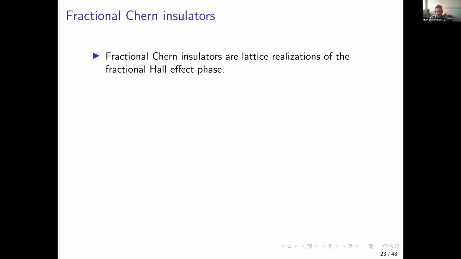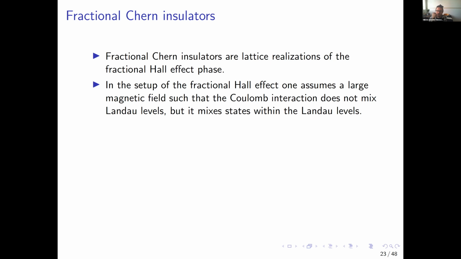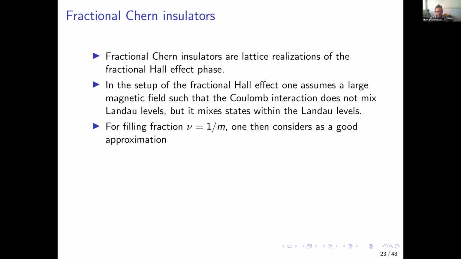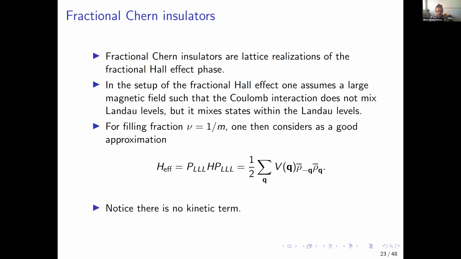So fractional Chern insulators are lattice realizations of the fractional Hall effect phase. In the setup of the fractional Hall effect, one usually assumes a large magnetic field such that the Coulomb interaction does not mix Landau levels, but it mixes states within the Landau levels. And for filling fraction mu equal to 1 over m, where m is an integer, one then considers as a good approximation for the effective Hamiltonian this density-density interaction, where these rho bars are the projected density operators. Of course, one of the features you see is that there is no kinetic term because you projected